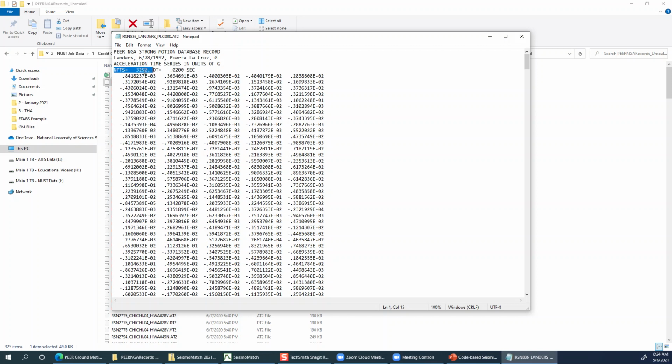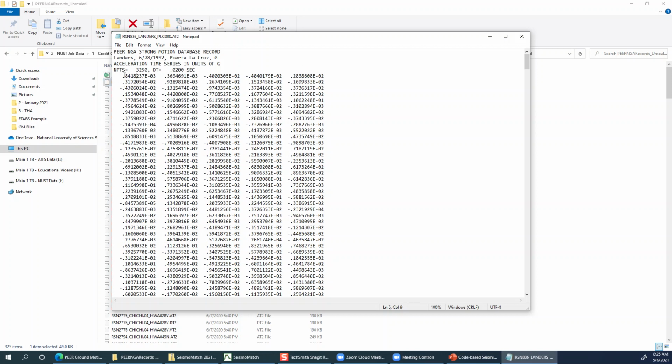Number of points is 3250 and delta t is 0.02 seconds, which means that all of these values are directly acceleration values equally spaced at 0.02 seconds. So there is no time column in this, only acceleration values. This is the acceleration value at t equal to 0, this is the acceleration value at t equal to 0.02, then 0.04, 0.06, 0.08, and then again the next line.